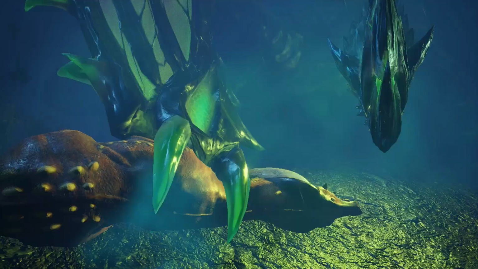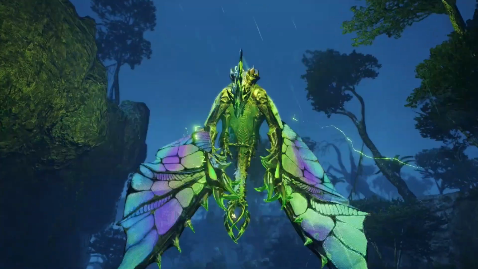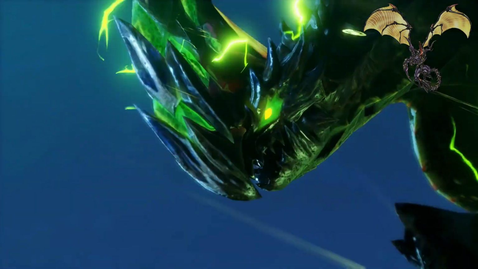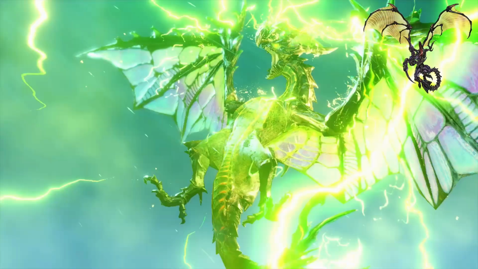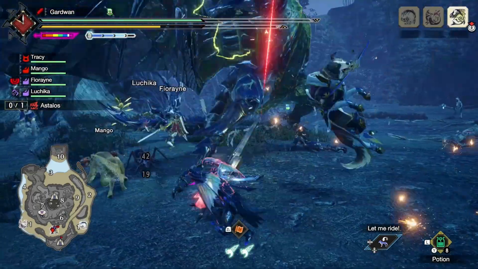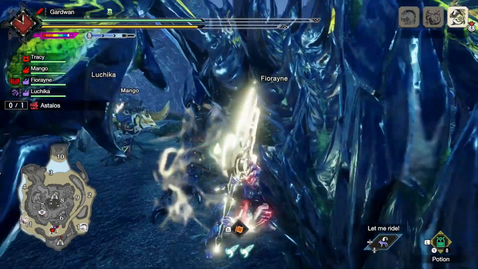Now this is definitely the most wyvern-like wyvern on my list, and really made me struggle with naming this video. Metal Ridley is a potent electric dragon that I had never encountered prior to Sunbreak. Astalos. He is actually pretty well armored with scarce weak spots. His head is one of those weak spots, but is so narrow that you can easily miss as a GS